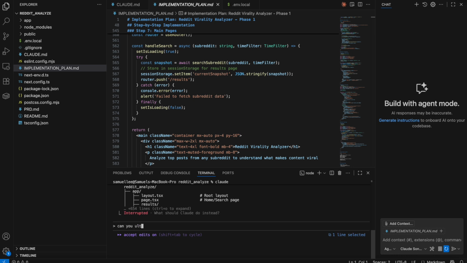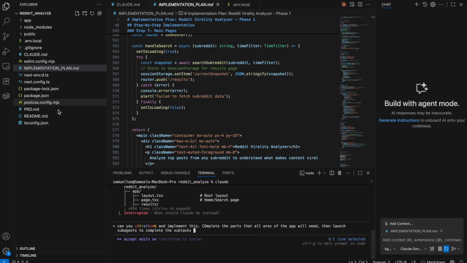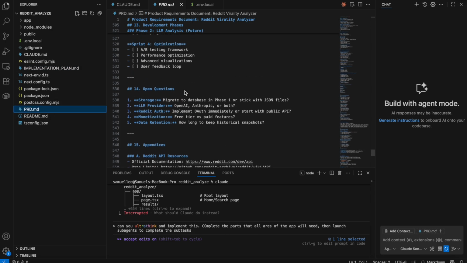And now I just need to say, can you ultra think 10x engineer? Actually, this 10x engineer part is not so necessary because I already have a Claude.md saying it's a senior engineer. Ultra think and implement this. Complete the parts that all areas of the app will need, then launch subagents to complete subtasks.